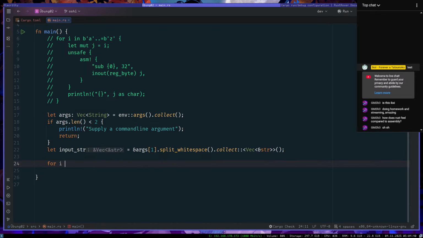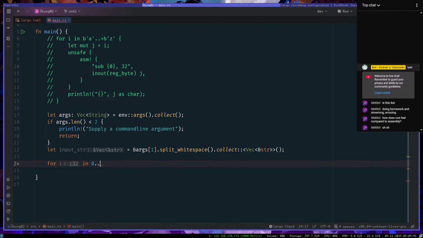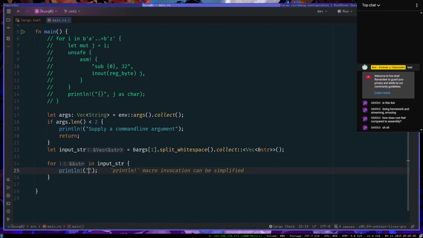So for i in input string, println word length, i.len().